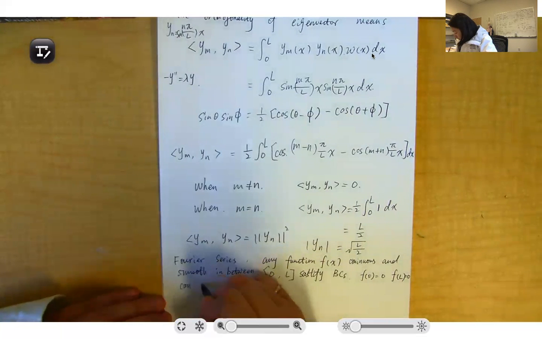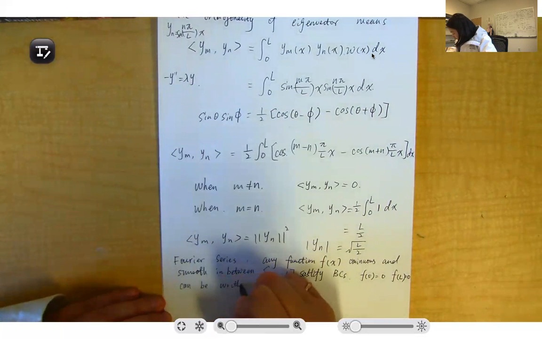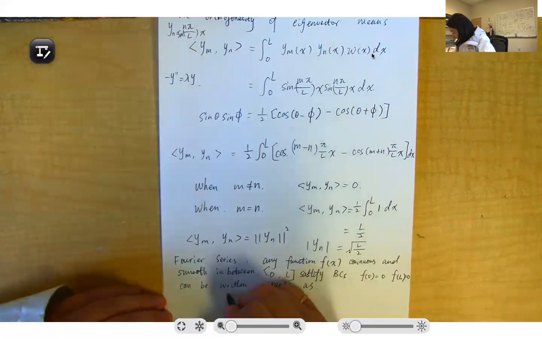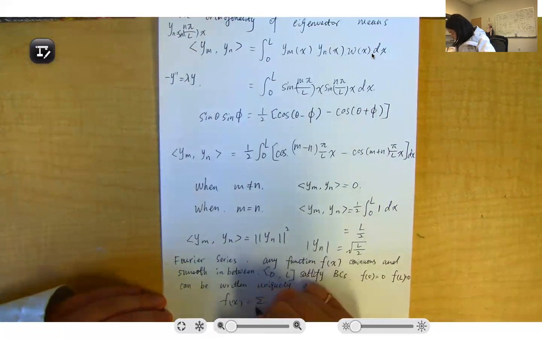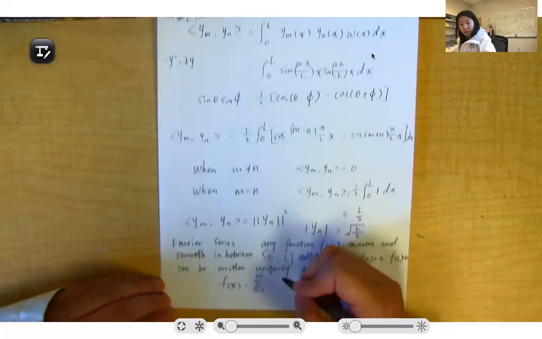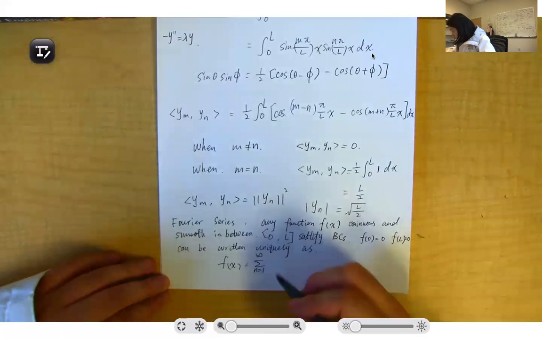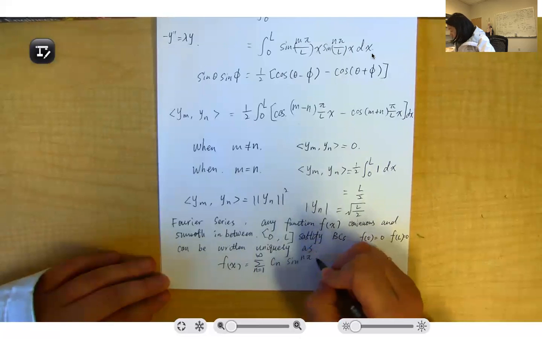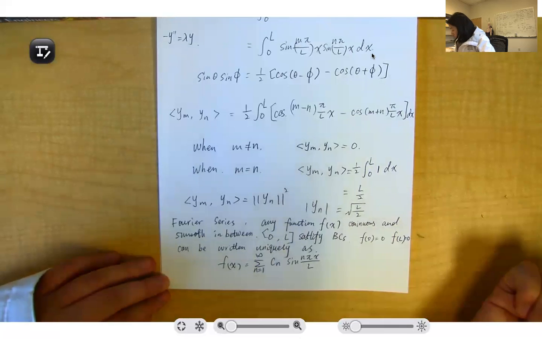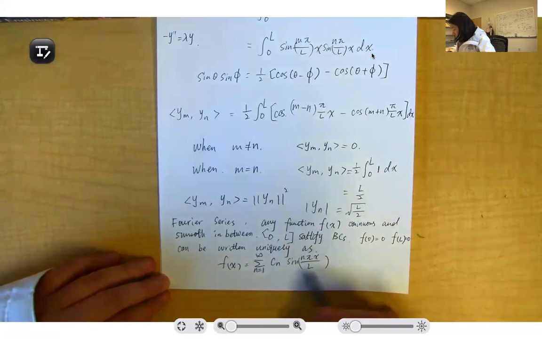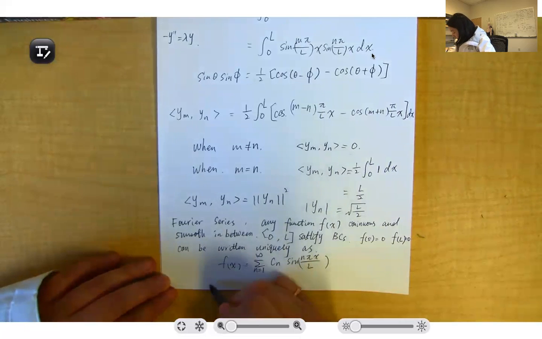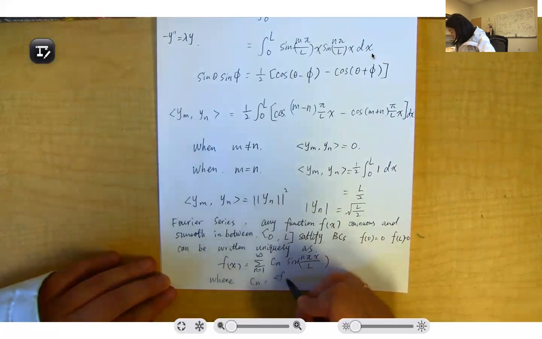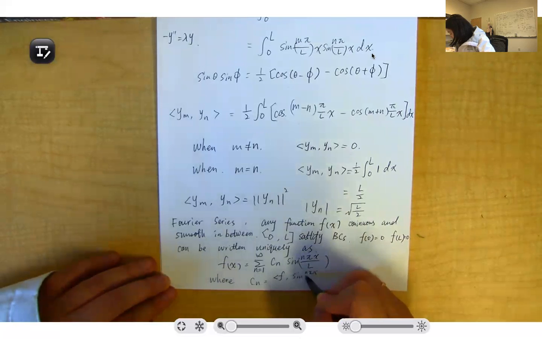can be written uniquely as f(x) equals the sum from n equals 1 to infinity of cn sine n pi x over L, that is yn. This is the coefficient, where the coefficient cn will be equal to the inner product of f and sine n pi x over L,